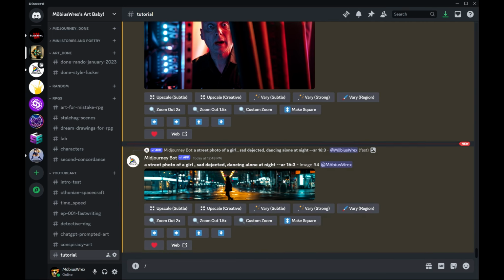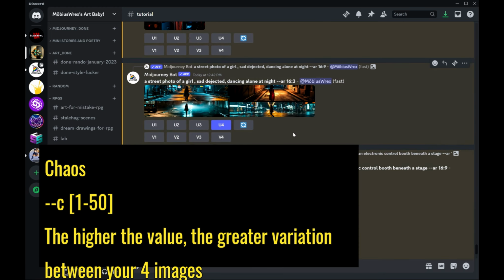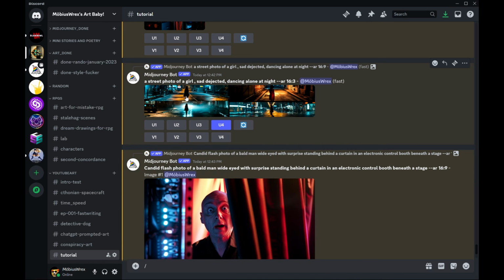Some other things, I'm not going to go into them in this video, but you can give it a style setting, so you can tell it how much to stylize the photo. Another one I use a lot is --c, which is for chaos. You can give it a number, and it will tell it how much variation you want in the pictures it generates. So in the quad, you might get pictures that are all fairly similar in color tone, fairly